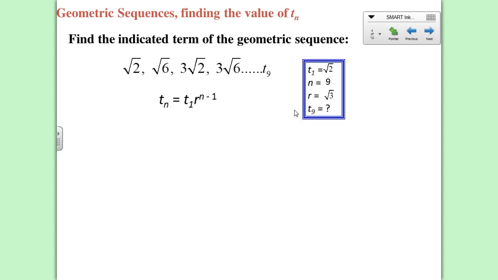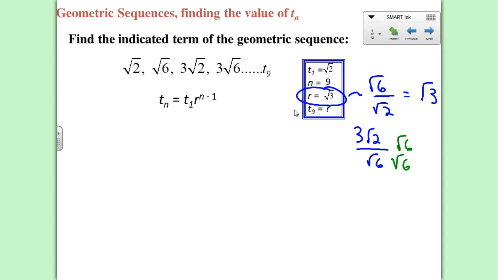Well, let's just go back to this ratio for a second. How do you know for sure that ratio works? Well, try two of them. Obviously, root 6 divided by root 2, looking at your Math 10, that's clearly root 3. When you look at, say, the next one, you might say, holy cow, Mr. K, 3 root 2 divided by root 6, and you might go, whoa, that looks very different. That does not look like root 3. And remember what we talked about in Math 10, you have to rationalize the denominator. So when you multiply top and bottom by root 6, you now end up with 3 root 12